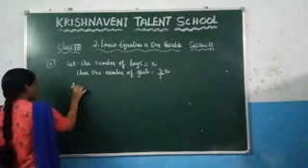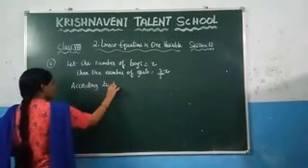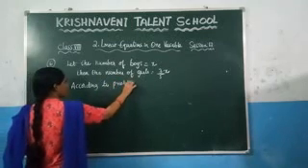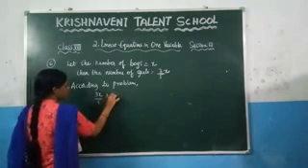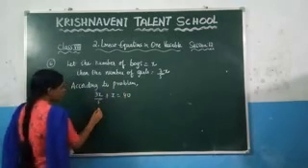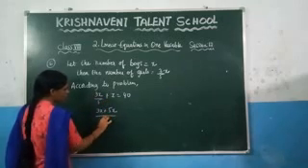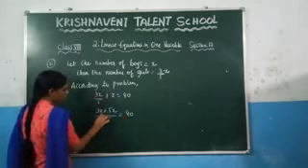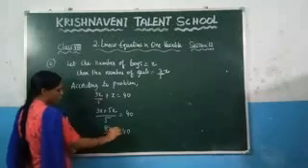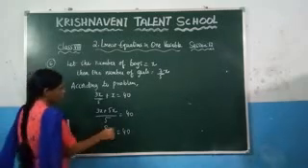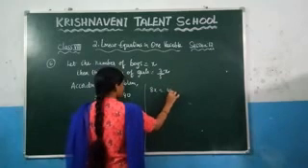So here what they have given: if you add the number of boys and the number of girls, they have given the total strength as 40. So you can write it here, 3x by 5 plus x is equal to 40. Now take the LCM. What you get is 3x plus 5 into x, which gives you 5x, by 5 is equal to 40. Here 8x by 5 is equal to 40. Here directly you can cancel it, or otherwise you can find the x value. What you get is 8x is equal to 40 into 5.